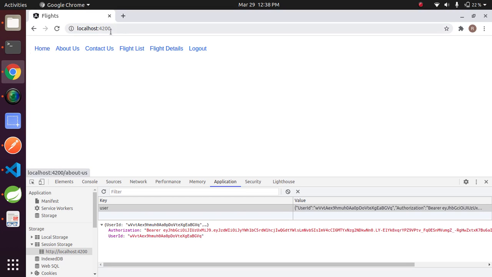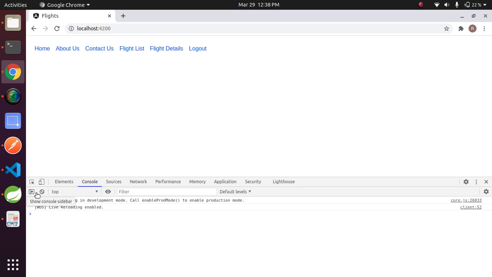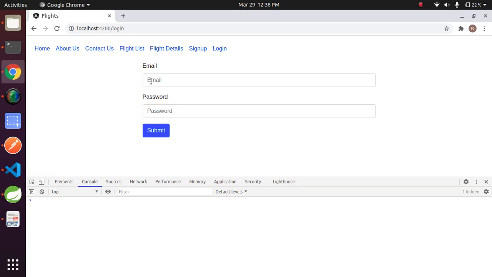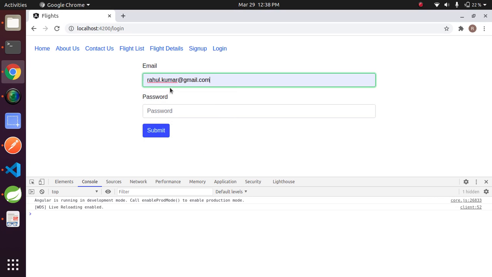Now refresh the page, clear the console, refresh once and click on the login. Now enter email Rahul Kumar 20, whatever you have given, 1 2 3 4 5 6, the password. I am submitting.